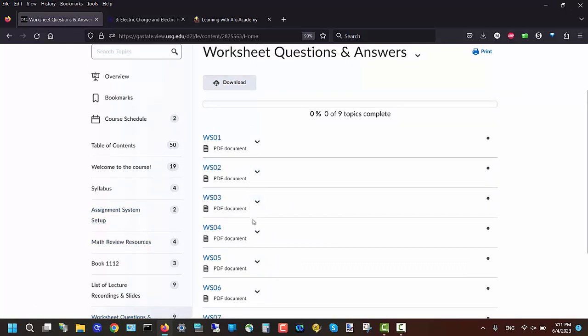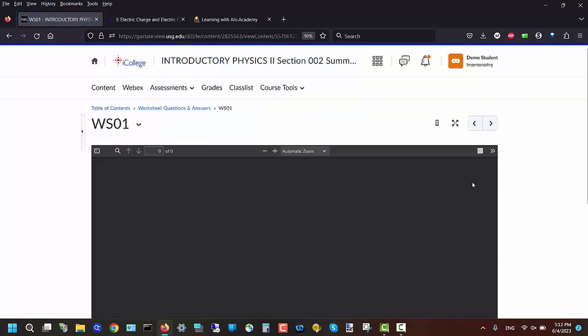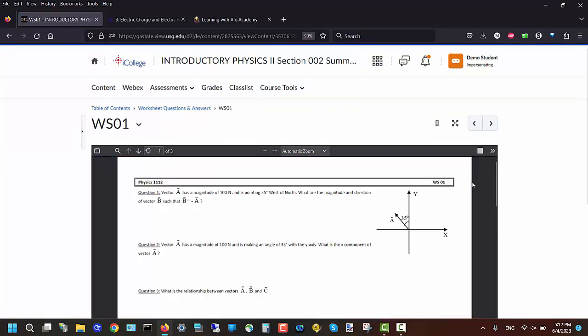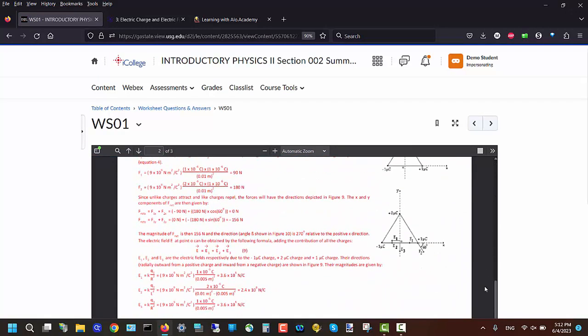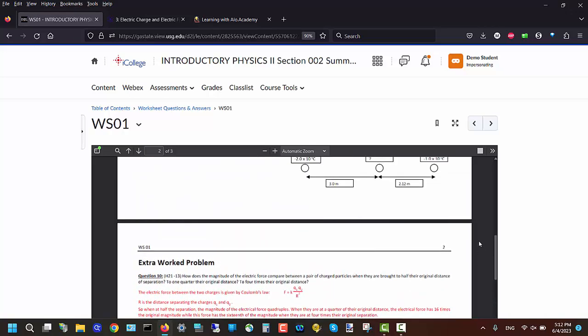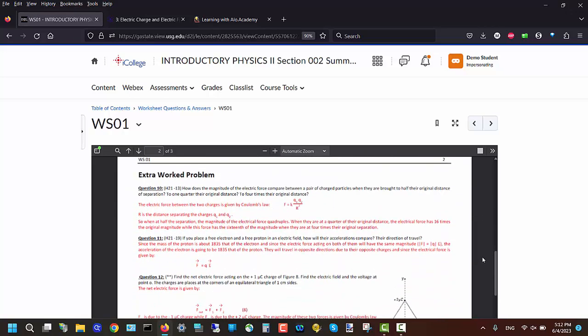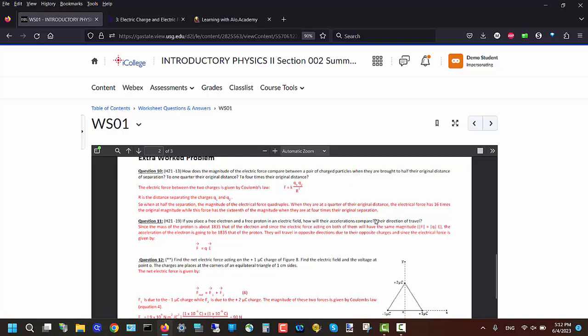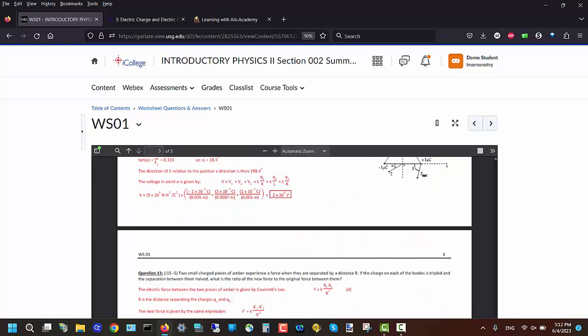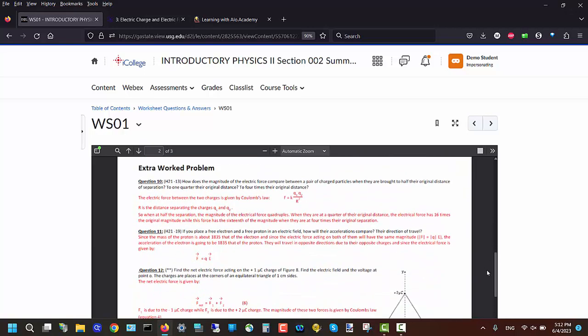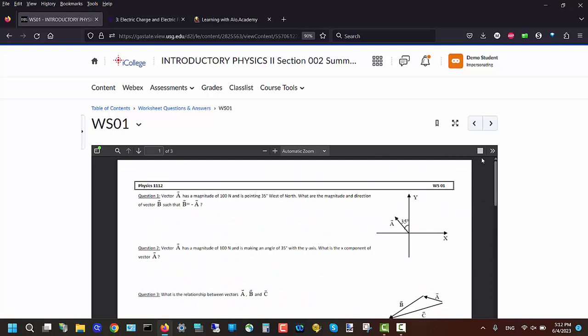The worksheets are here, all of them for the whole semester. You click on them and you'll get a PDF of the questions that I recommend that you work on. In some cases, rarely actually, you'll find some extra worked problems from the onset, like here. That's not always the case. Here there are a few.